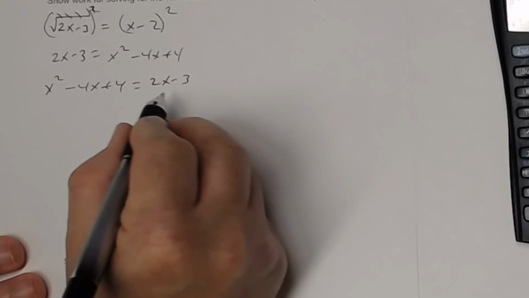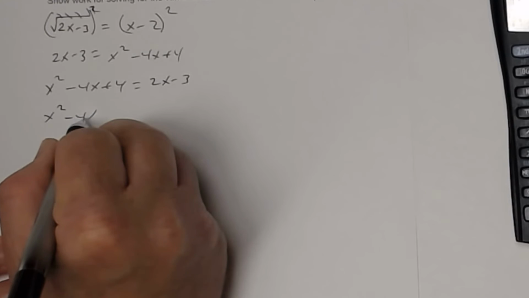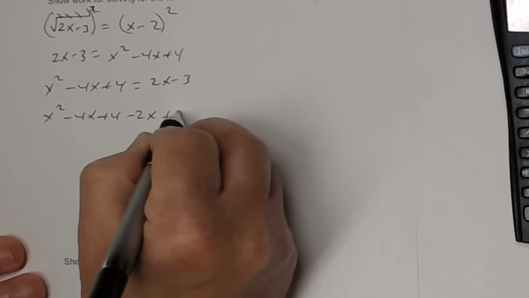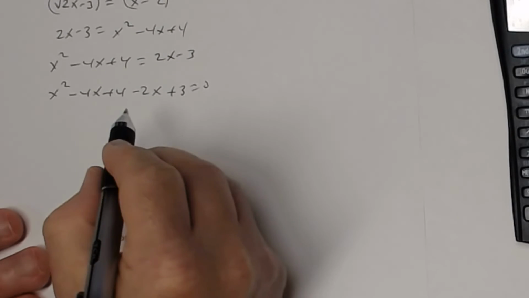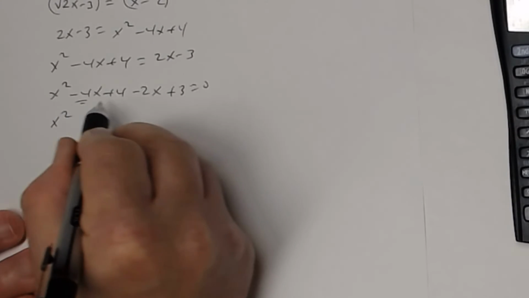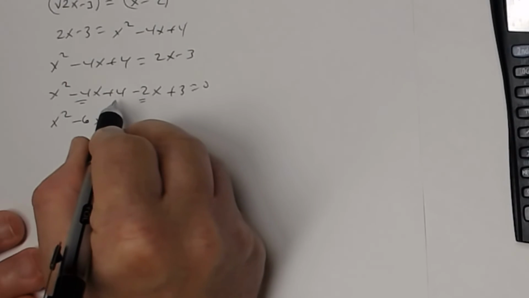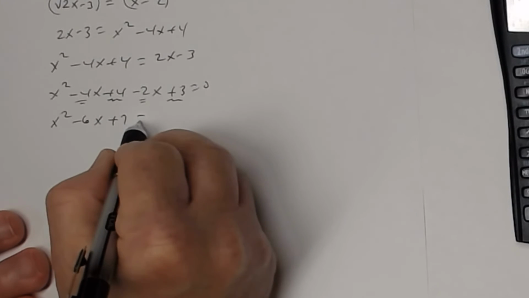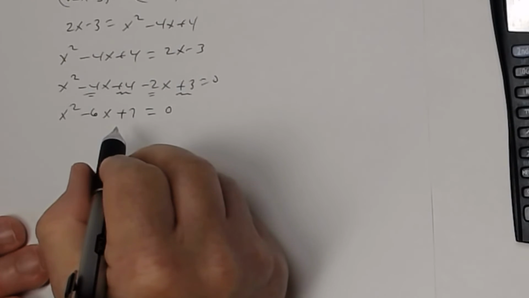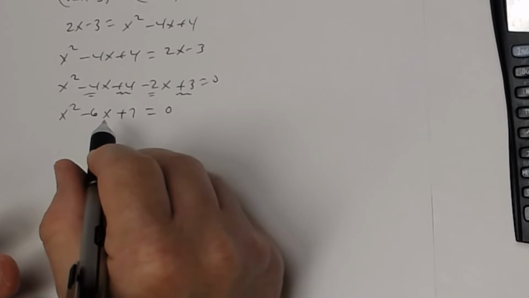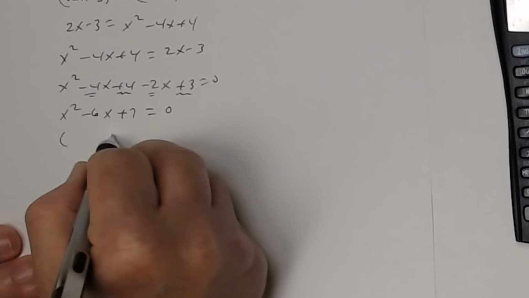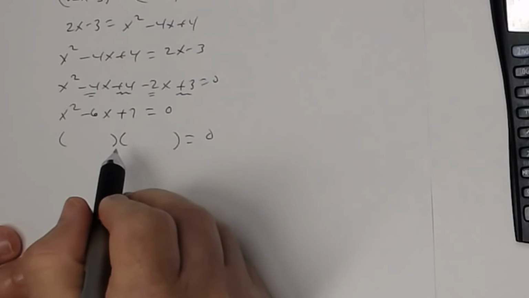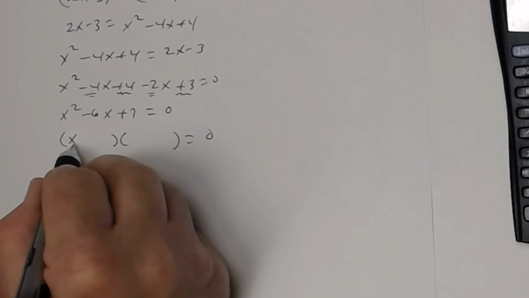Now I'm going to bring all these terms to the other side. So I get x squared minus 4x plus 4. Then when I bring this 2x over, I get minus 2x, and then plus 3 equal 0. Combine like terms, I get x squared. A negative 4x and a negative 2x is a negative 6x. A positive 4 and a positive 3 is a positive 7 equal 0. Now this is factorable. For us, it will be factorable. You could use the quadratic formula if you want to, but since it's factorable and the coefficient of x squared is 1, it's easier just to factor. So I'm going to get,